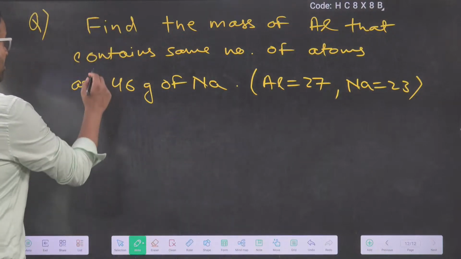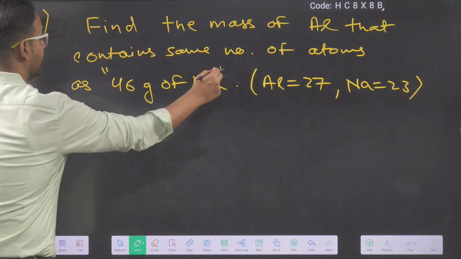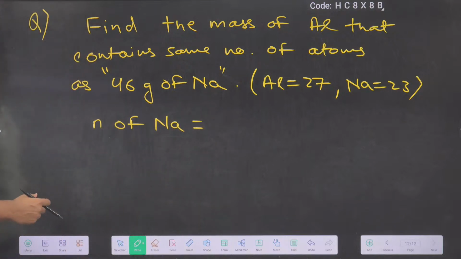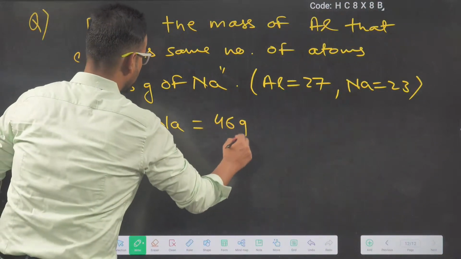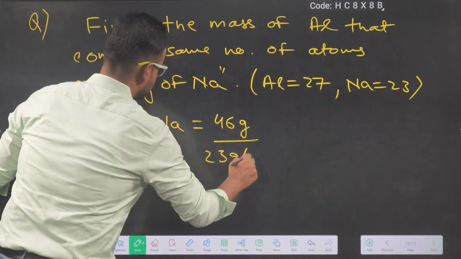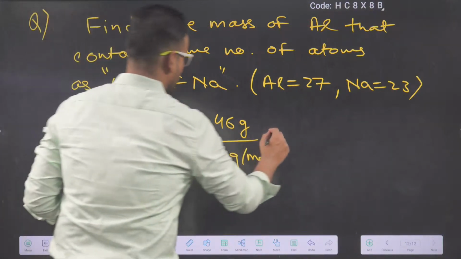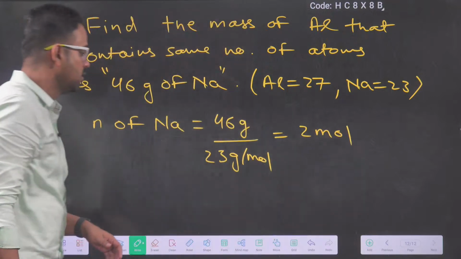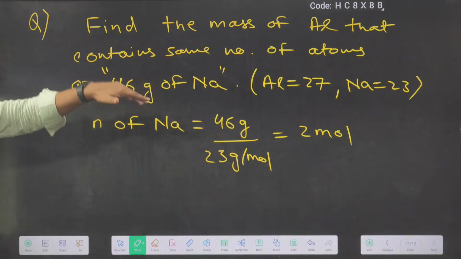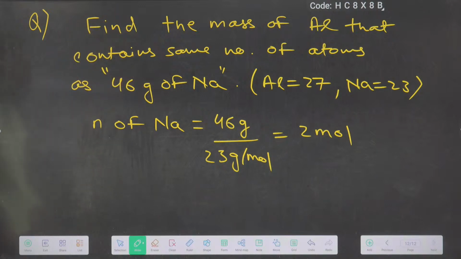So 46 gram of sodium. You calculate moles of sodium. Moles of sodium is equal to given mass by molar mass. Given mass is 46 gram. Molar mass of sodium is 23 gram per mole. So this is how much? 2 mole. So we have 2 mole sodium. If I take 2 mole of aluminium also, then number of atoms will be same only, na? 2 mole sodium and 2 mole aluminium will have same number of atoms, and therefore